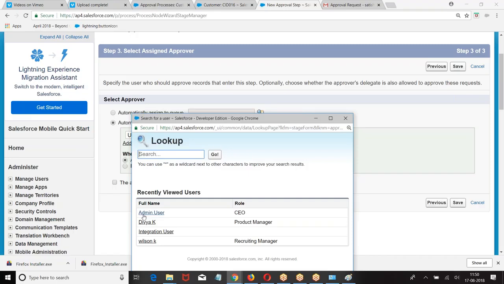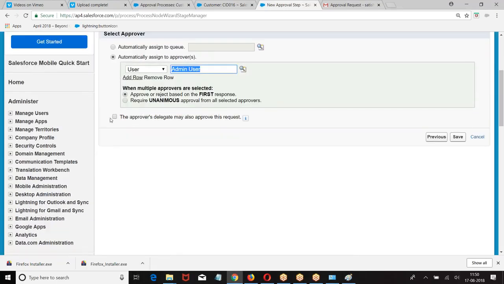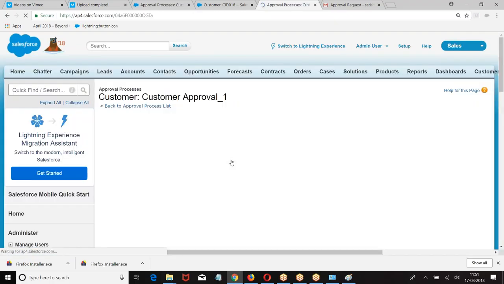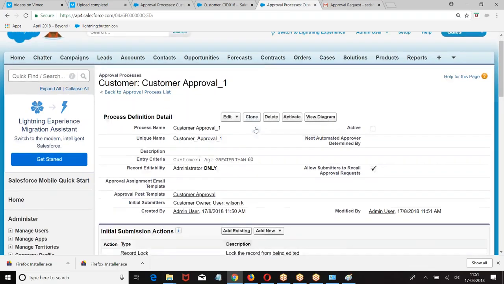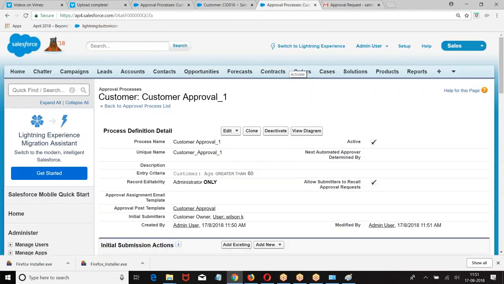I am choosing the approver as admin. Admin is my approver. Now I am saying that the delegated approver may also approve it. When any record is submitted to admin, admin can approve, and admin's delegated user can also approve it.